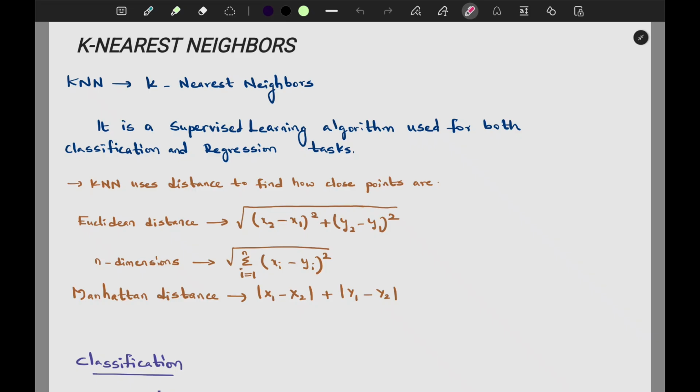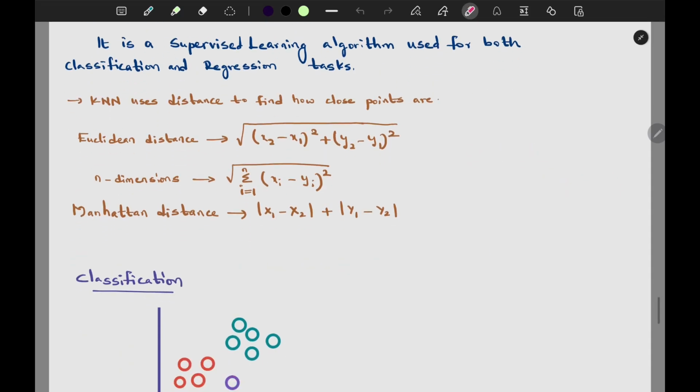the Manhattan distance. So Euclidean distance is nothing but square root of (x2 minus x1) whole square plus (y2 minus y1) whole square. If you consider there are 2 points, x1 and y1, some point is here, and x2 comma y2, this point here. If I want to know the distance between these 2 points, I will be using either Euclidean distance, that is one way, or Manhattan distance, which is nothing but modulus of x1 minus x2 plus modulus of y1 minus y2. This will be giving the distance.